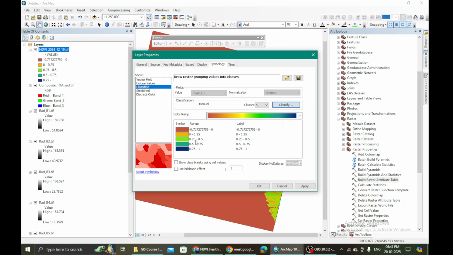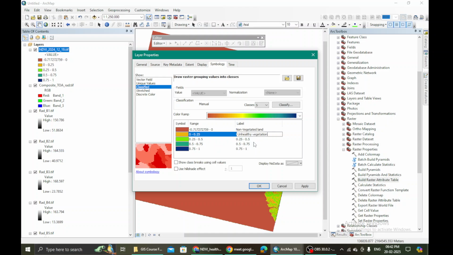Okay, now those values have come here. I can also give them some labels, no? For example, I have just clicked here on the label, and I'm saying non-vegetated land. Okay, this is a non-vegetated land. 0 to 0.25, let's call it unhealthy vegetation.